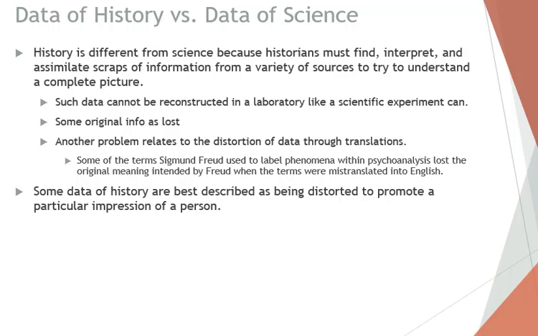This course is a little bit of a fusion between history and science, because we're looking at things through a historical lens. That's why it's called history and systems of psychology. And we are also looking at the systems of psychology, which is the mechanisms by which psychology is practiced and how history influenced that. So, the difference between history and science is the idea that when you're talking about historians,